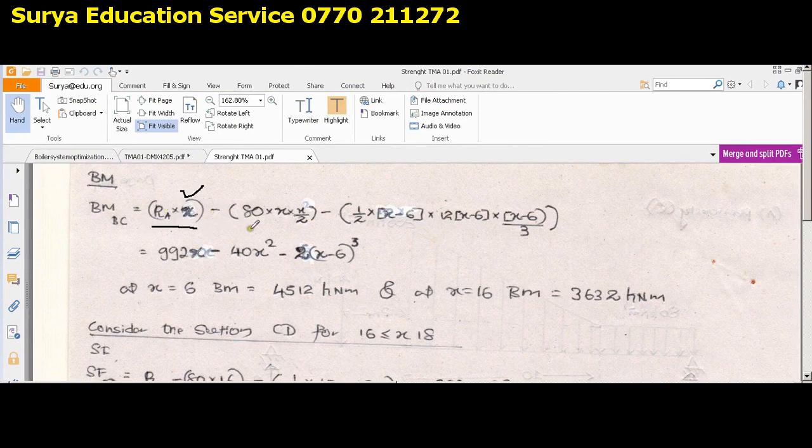Half into base into height, this part. What is this part, guys? The area of the triangle, half into base into height. And this is the distance from the force to the